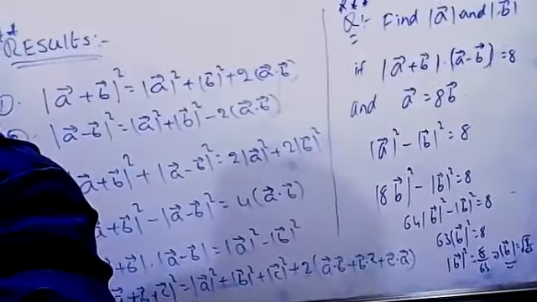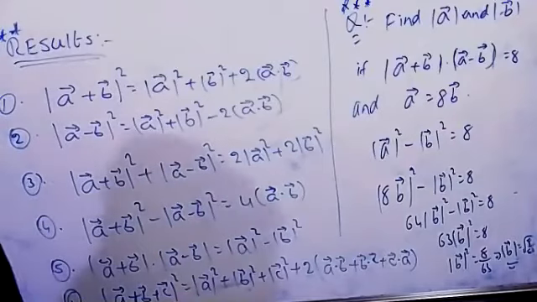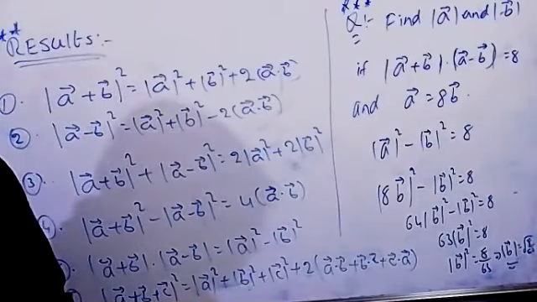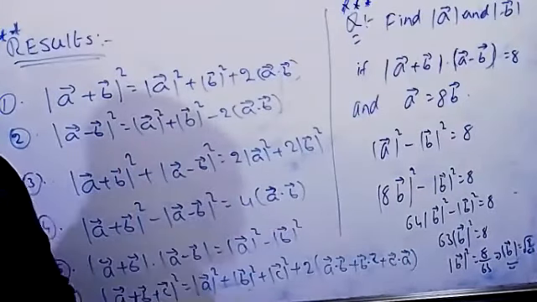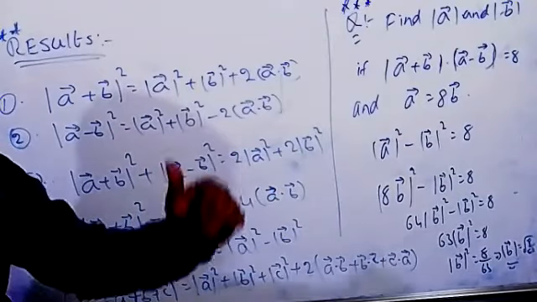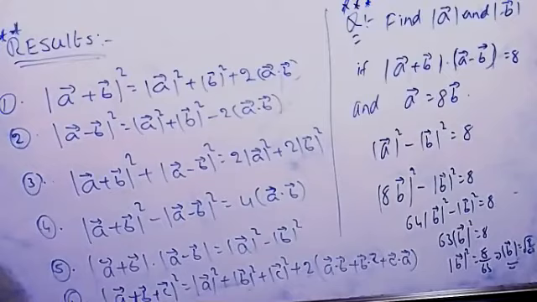Now what is the meaning of root 8? 2 root 2. And root 63 equal to 9 sevens, you can write. 9 7s are 63. So 3 root 7 also you will get. 2 root 2 by 3 root 7 is the value of B. And there also you can simplify. Maybe something will be cancelled there. Okay. Then I can find it. And especially these questions are important for competitive level.